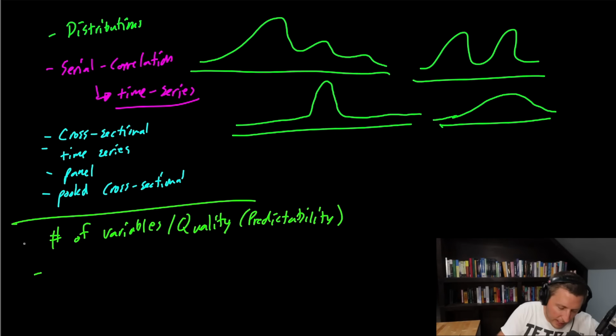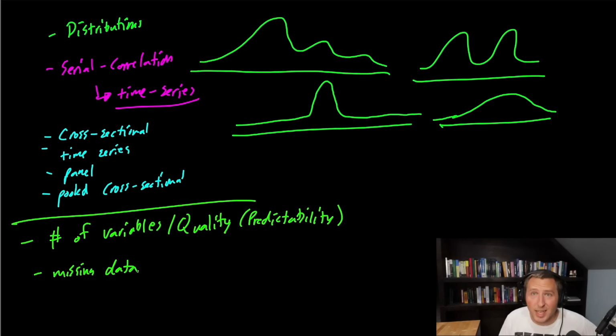Now, other things that are going to impact this as well is missing data. So, we can say, well, why do we have missing data? What type of missing data is it? Imagine, for example, you're measuring how many credit card transactions somebody has, and somebody has a negative 999. Well, in bureau data, that typically means it's a special value. What does that mean? That means they don't have a credit card, so they don't have transactions. So you don't want to include them as a 0, because it's not that they have 0 transactions, it's that they are non-existent. They just don't have actual credit cards. So there are different types of missing data that fall into this framework as well.